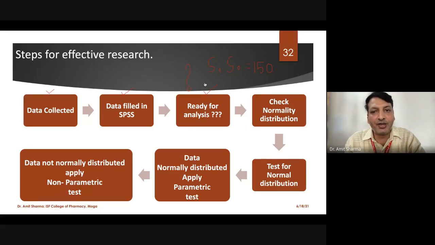So after conducting the experiment on 150 animals or 150 humans, am I ready for the analysis or not? The answer to this question you are going to get with the help of the test called normality distribution.